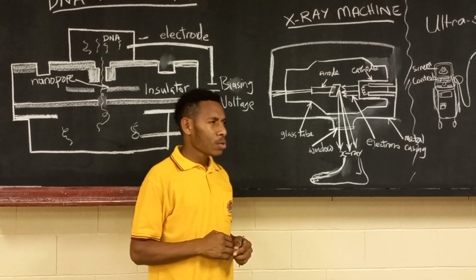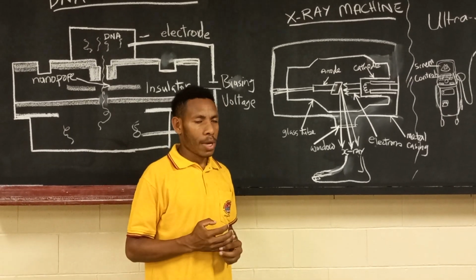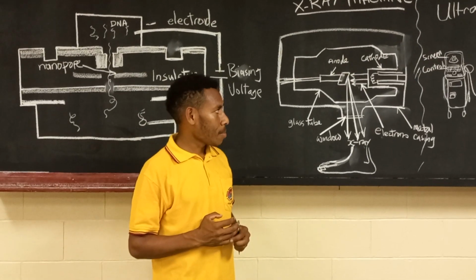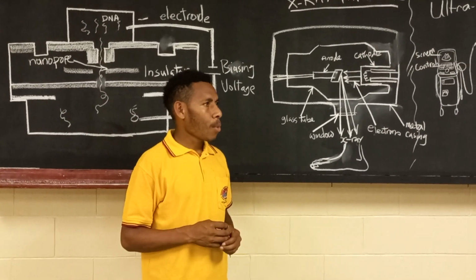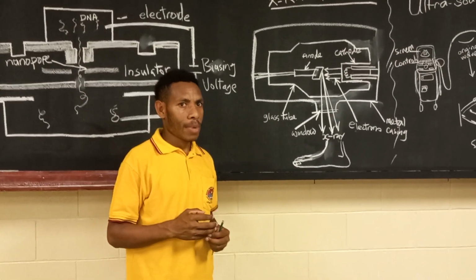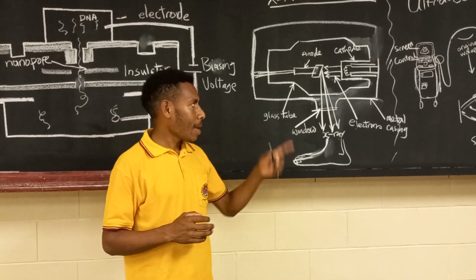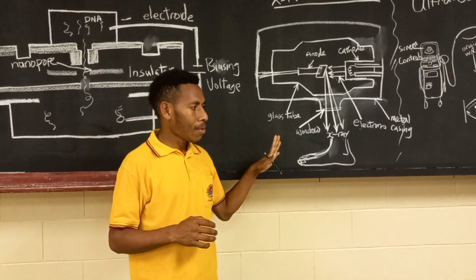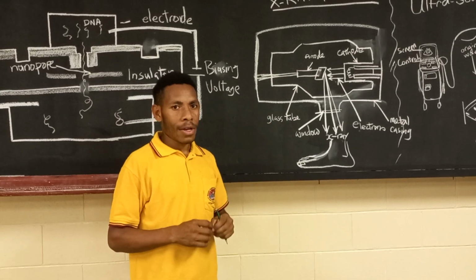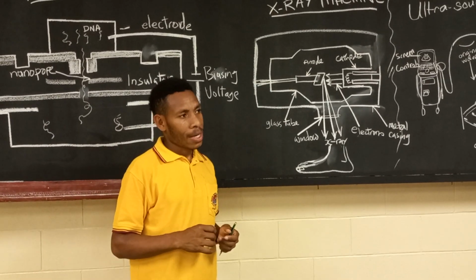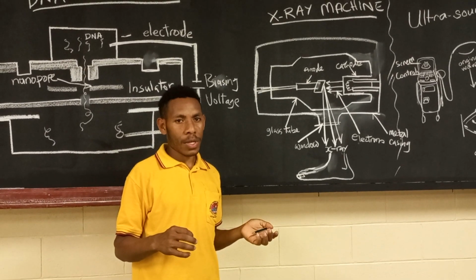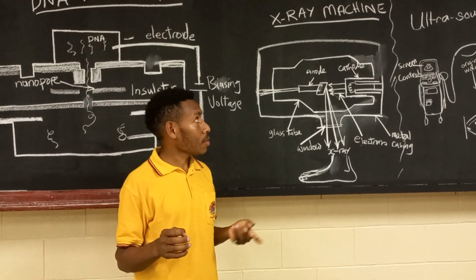Especially the bones appear white because they absorb much of the X-ray beam. So if a bone is fractured, then the fractured part will appear black on the white background. That will be shown up on the monitor,